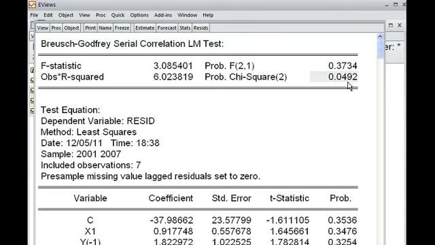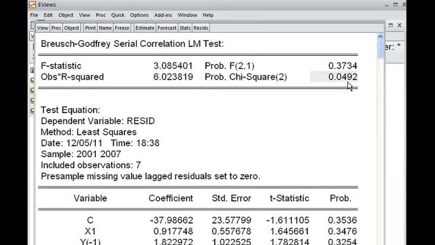Actually, there are many ways, and one way is the first difference method that I already mentioned in the previous video; the first difference method can eliminate the serial correlation from the model. And I also told you what the first difference method is.